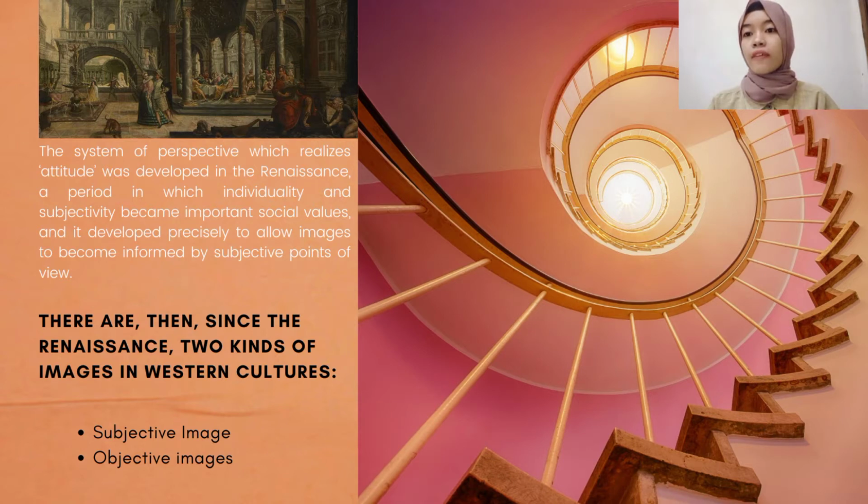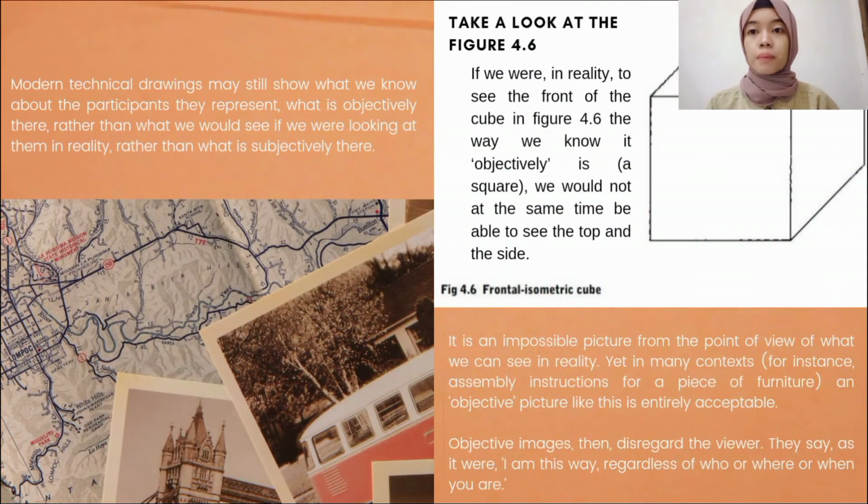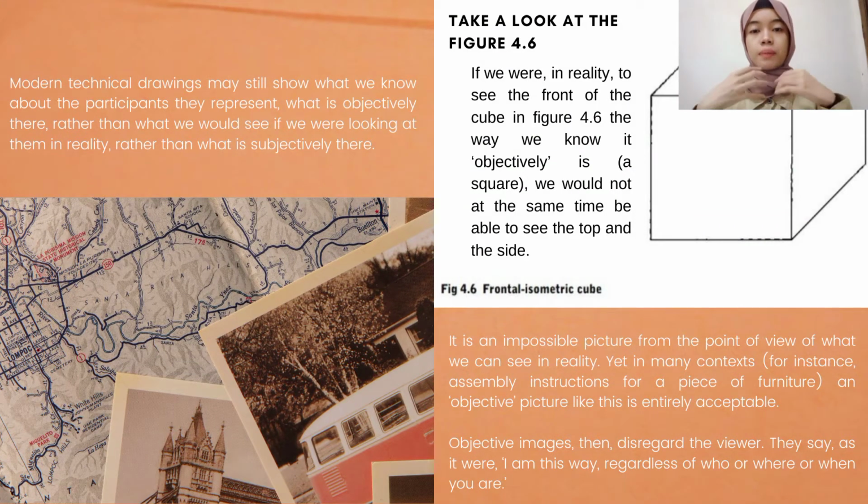And we also have objective images. In objective image, the image reveals everything there is to know, or that the image producer has judged to be so, about the represented participants, even if to do so it is necessary to violate the laws of naturalistic depiction or indeed the laws of nature. Next slide. Alright, so modern technical drawing may still show what we know about the participants they represent,